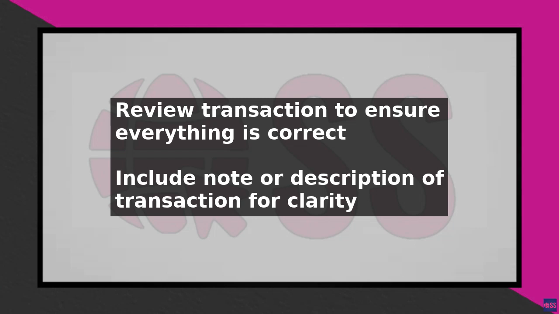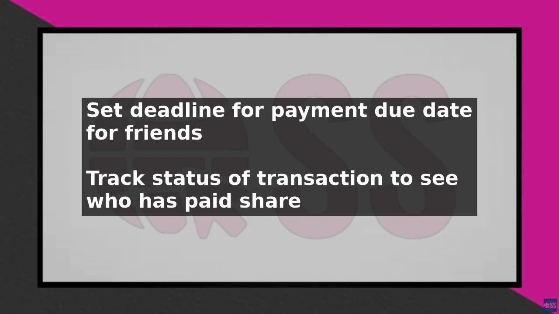You can also add a personal message to the transaction if you want to include any additional information. When you are ready, tap the Pay button to send the request to your friends. Your friends will receive a notification with the request and can choose to pay their share of the bill directly through the Venmo app. You can track the status of the transaction and see who has paid their share and